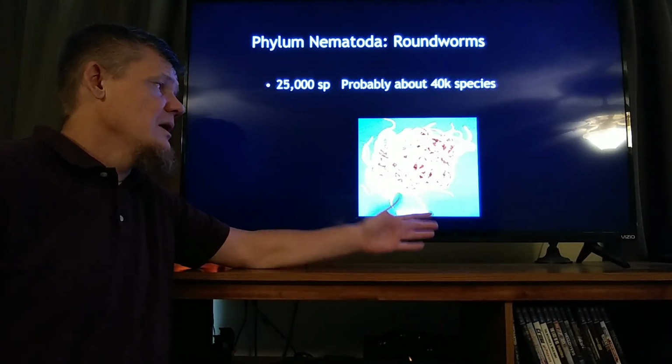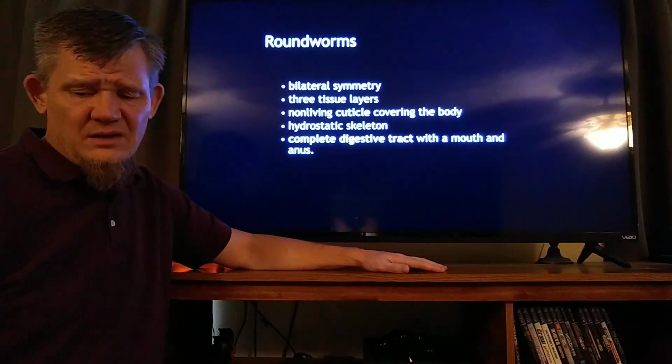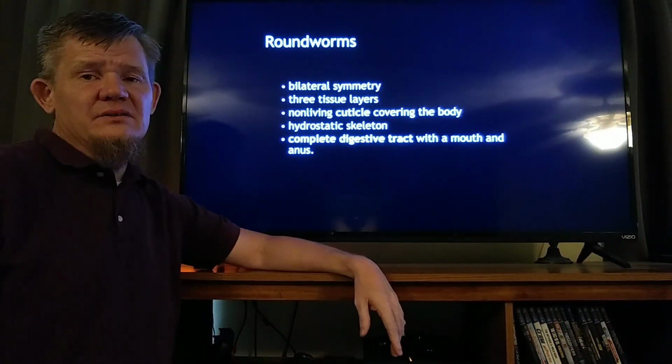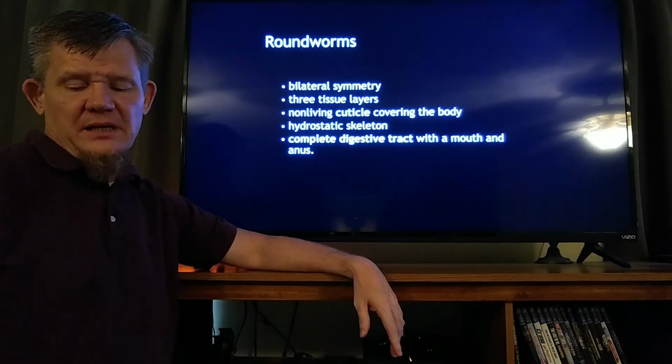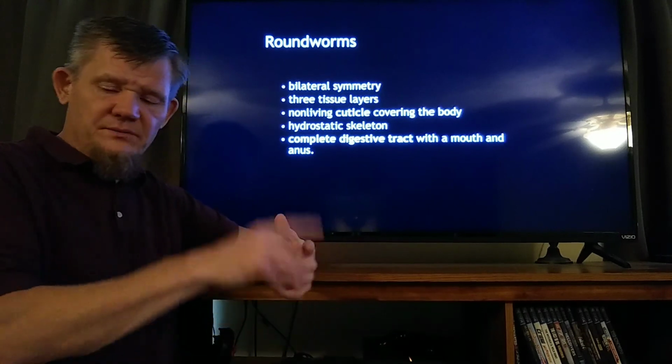We're not going to talk about different classes of roundworms, and the reason why is because they all look alike. They all look like little white worms. Lots of them are parasites. Not all of them are parasites, but lots of them are. They do possess bilateral symmetry like our last group, the platyhelminthians do. They've got three tissue layers. They've got a cuticle,